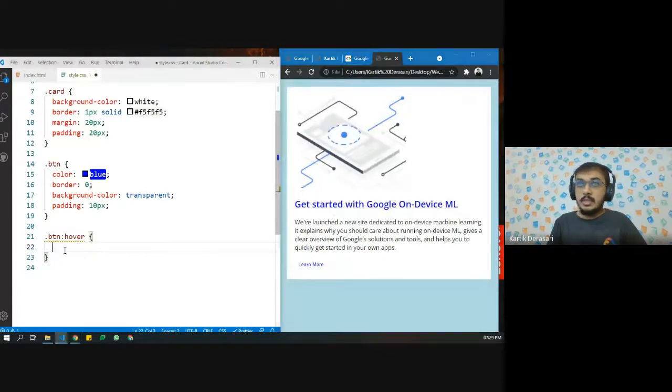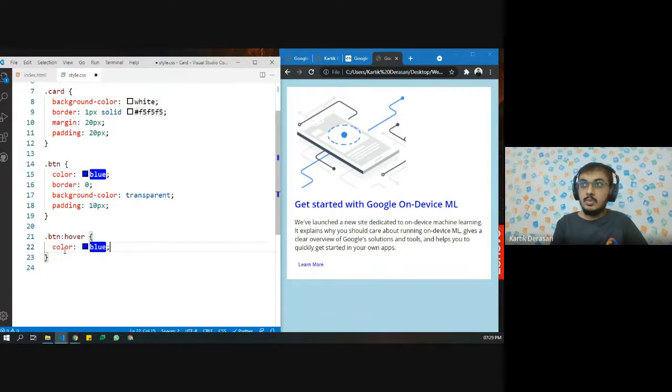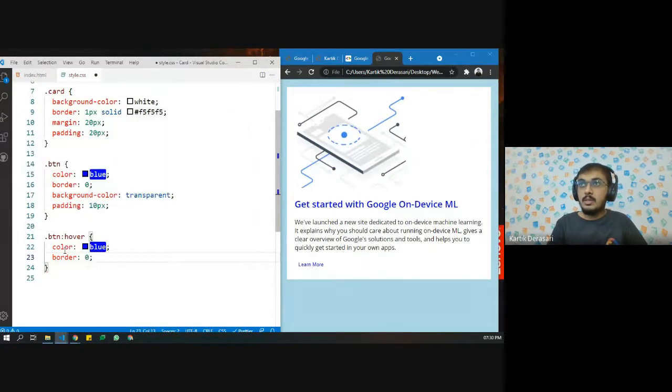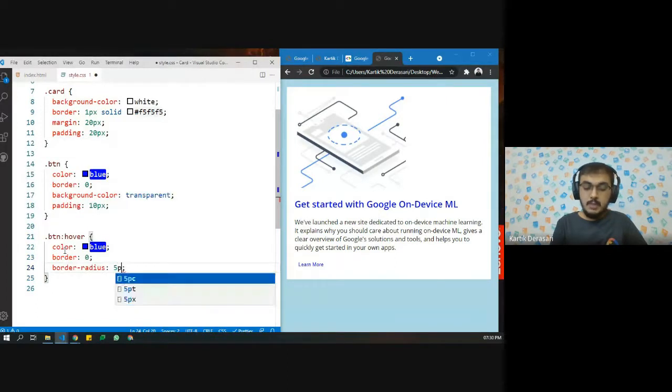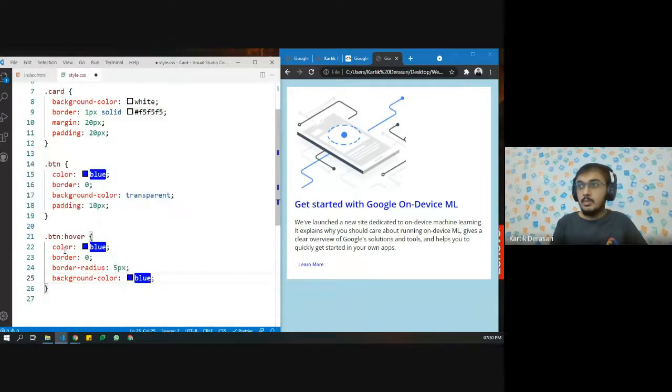So on the hover part, we want the color to be blue. We also want the border to be 0. We also want the border radius to be, let's say, 5 pixels.